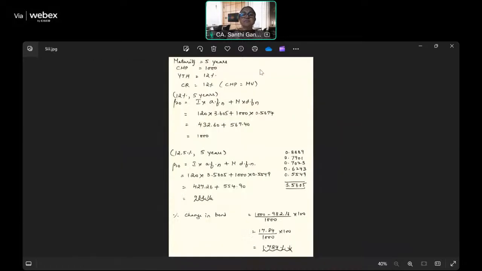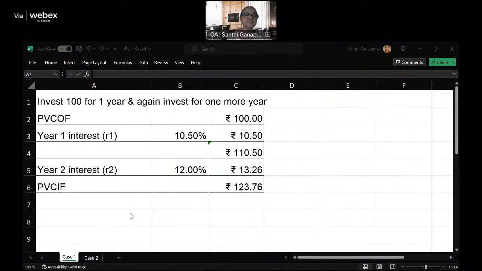Let me just explain to you what we are doing. As I was telling you, saying that the short-term interest rates and long-term interest rates are perfect substitutes means that if I invest for 1 year at the first year rate, and again invest for 1 year at the second year rate, the effect will be the same as investing for 2 years at the 2 year rate.